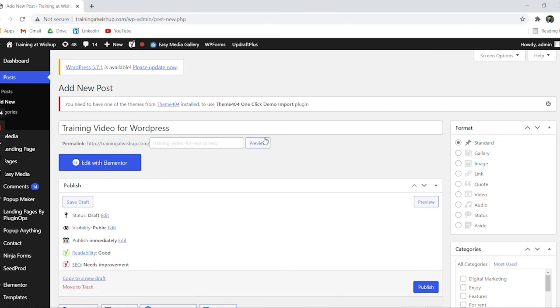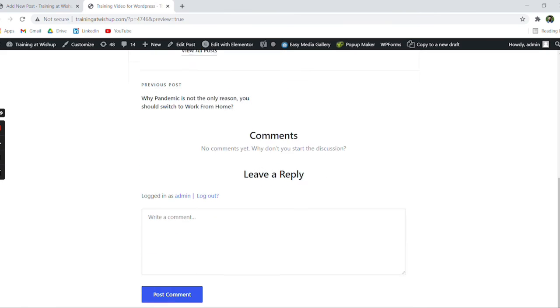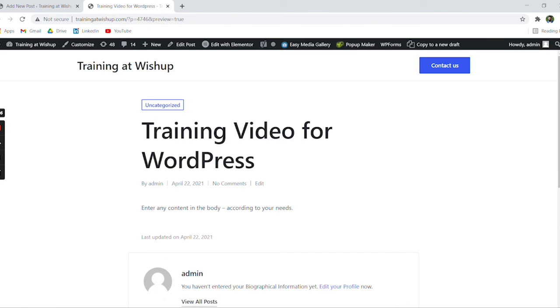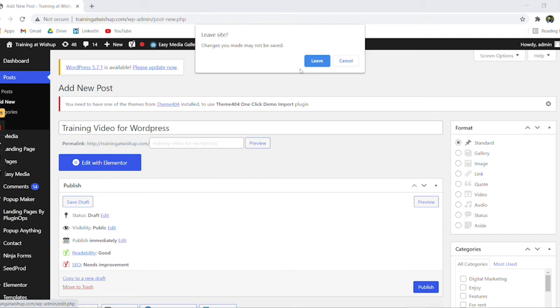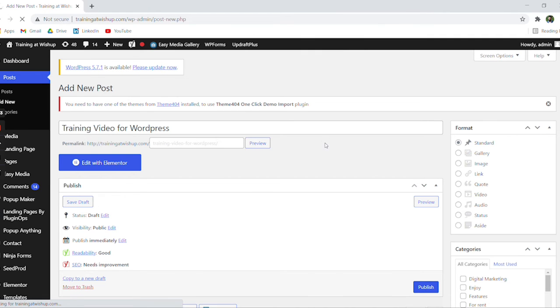And if you click on View Post, it is going to lead you to a new page, which is going to show you how the post is going to appear to the respective audience. So now we can just cancel this edit that we have made, because we're not going to publish that, but we are going to see a different post which was made prior to this exercise and see it as a sample.